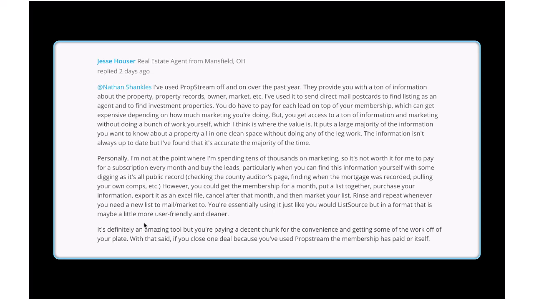The data out there at the very root is dirty. We do a lot to try to clean that up, but it's never going to be clean. But there's opportunity in dirty data. If you know that a property has a pool, but the public record says it doesn't, you know something the market doesn't, and that's something good to track, because that could give you an opportunity down the road, and those opportunities are everywhere.